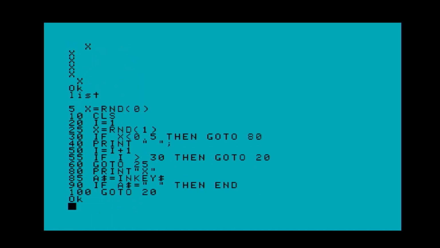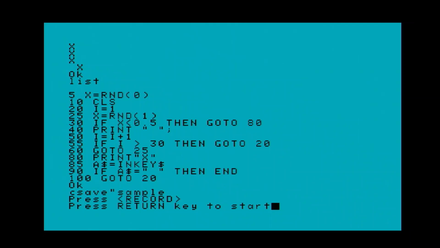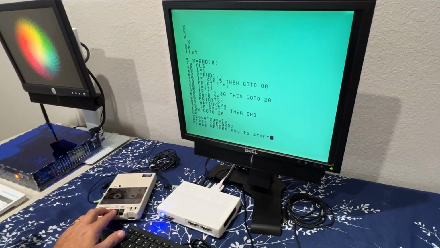But suppose I don't want to use the SD card. I want to use the tape cassette here because I can save on there. So I do a CSAVE. C for cassette, obviously, right? And give it a name. I'm going to call it sample. And it's going to remind you that you have to hit record. You actually have to hit record and play at the same time. As soon as you do that, and then you press enter,